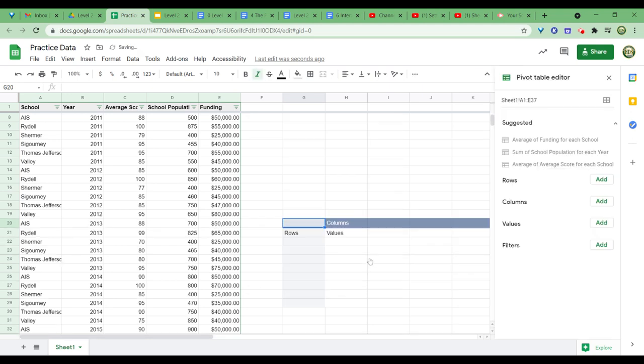I just highlighted one cell and it'll build right from there. All right, create. Now, why I found pivot tables so intimidating was because you put in a pivot table and then there's nothing in it to start. But it does give you suggestions. So I was talking on a previous video that I was wondering whether the funding changes if your average score changes or if your school population changes. So I'm going to start with the average funding for each school. The other suggestions were sum of school population for each year or average score for each school. So I'm going to start here with